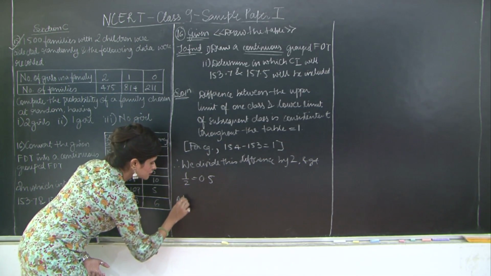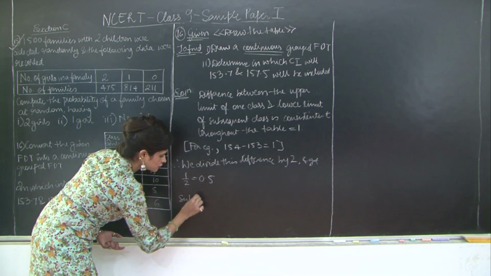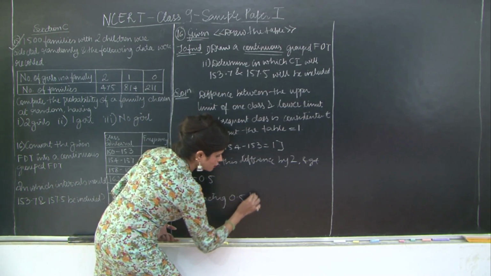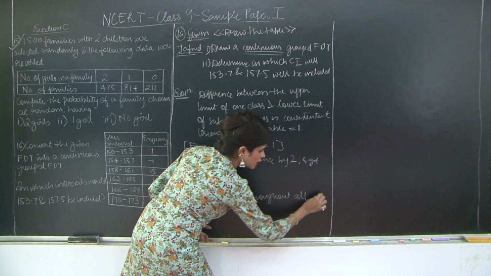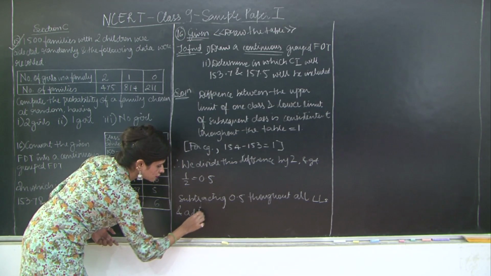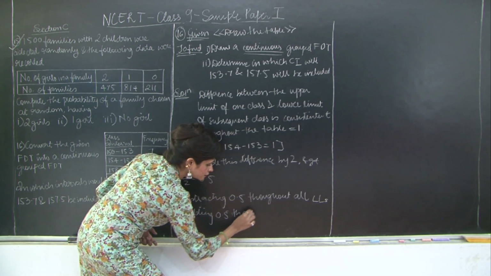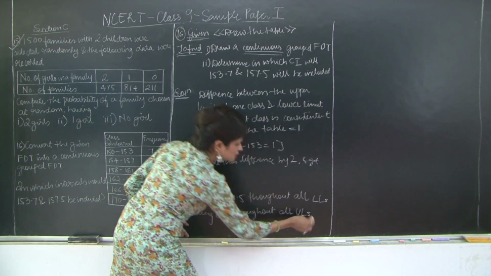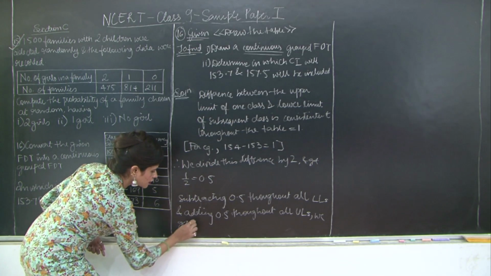So subtracting 0.5 throughout all lower limits, I'm just writing LLs for lower limits, and adding 0.5 throughout all upper limits, ULs for upper limits, what do we get? We get the following